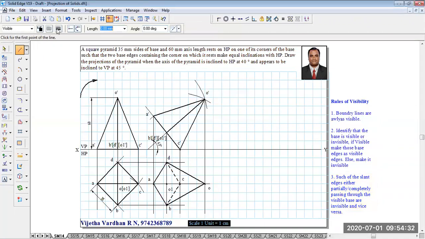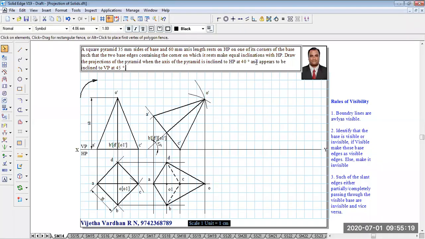Now, if I connect the slant edge OA, which is passing inside the invisible edge, henceforth OA is going to be shown as the visible edge over here. However, the line OC is going to be invisible, but since OA is going to overlap on OC, even though OC is invisible, we cannot represent it. By this, I can say that the second stage is completed in all aspects. Now let us move on to the third stage.